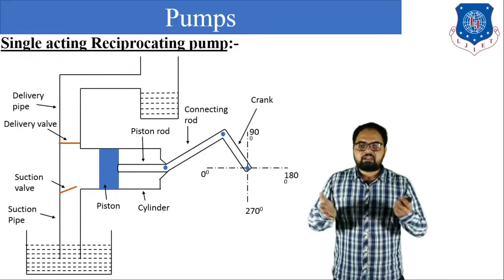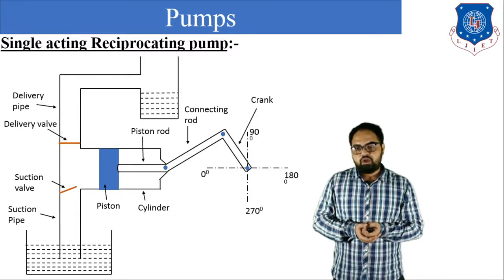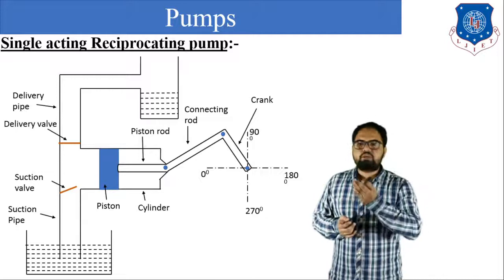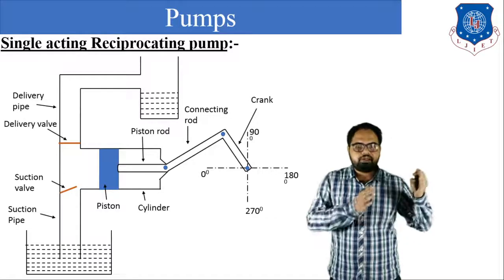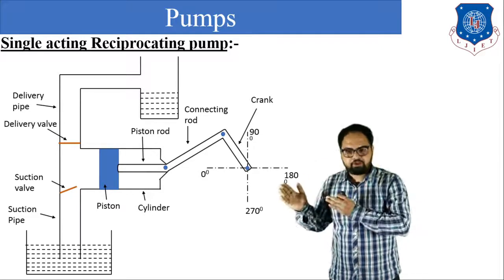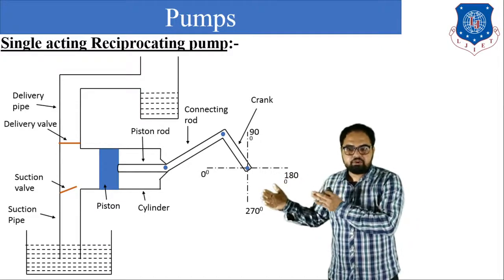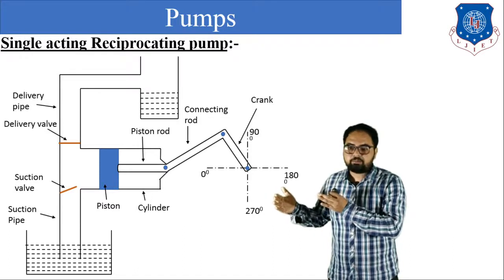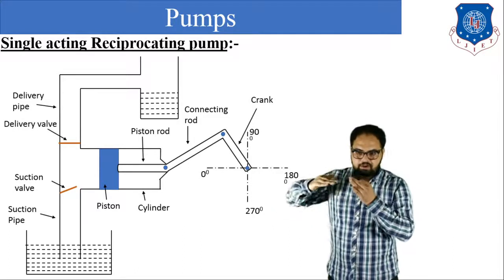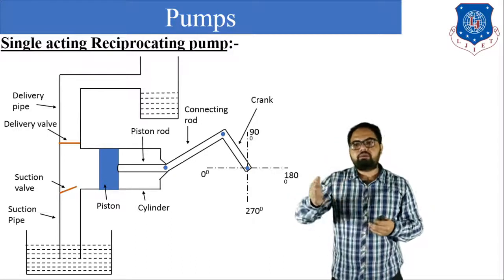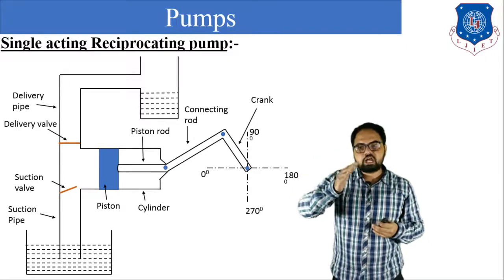Next stroke is the reverse stroke. During the reverse stroke, the crank travels from 180 to 0. At that time, the piston will travel from right to left. Due to that, positive pressure is generated inside the cylinder, and due to that positive pressure, the suction valve will remain closed and the delivery valve will remain open, and discharge of liquid takes place to the discharge tank